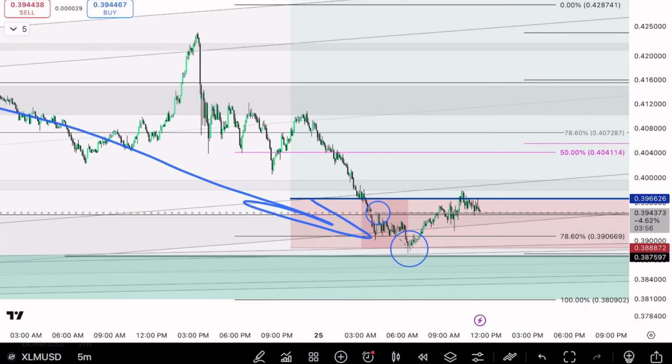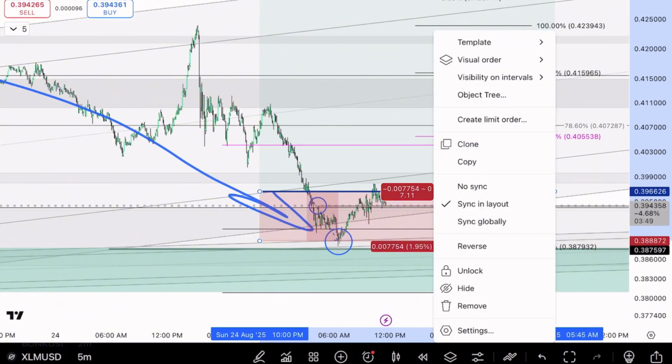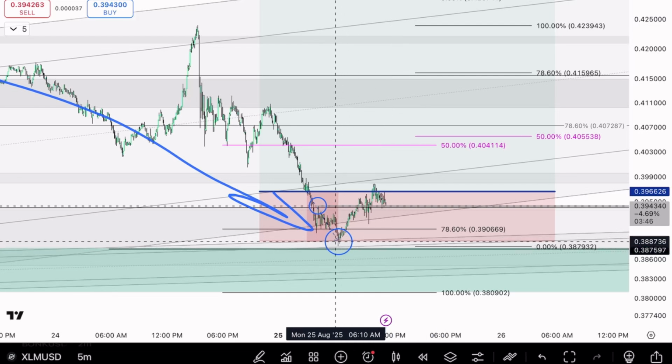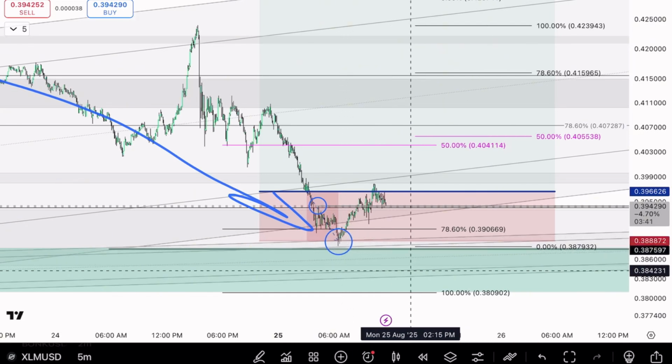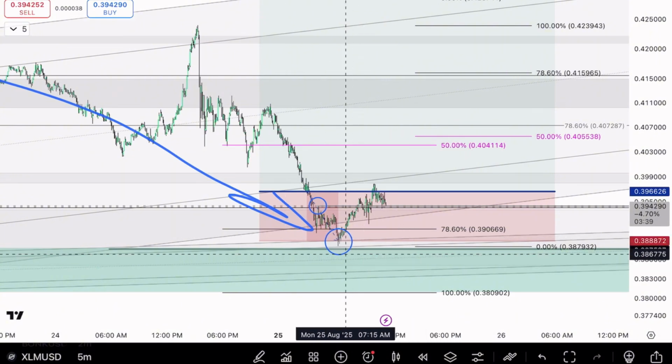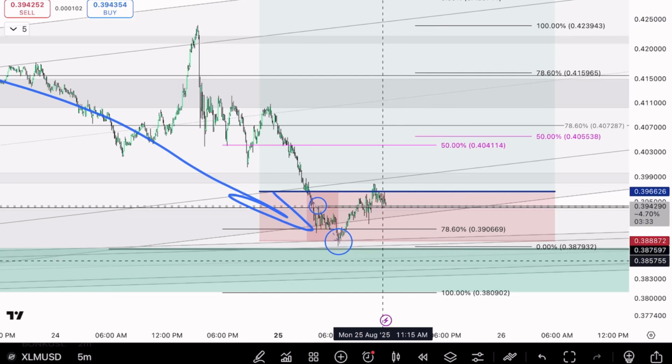But I'm still below 2%. Now it could come all the way and take this out, so that's why I don't have the stop loss on. I do that sometimes when I feel like there's a chance it could come to here and make a double bottom. So I'm not going to put the stop loss on. I'm going to let it bypass if it needs to, find where the bounce is, and see what happens.